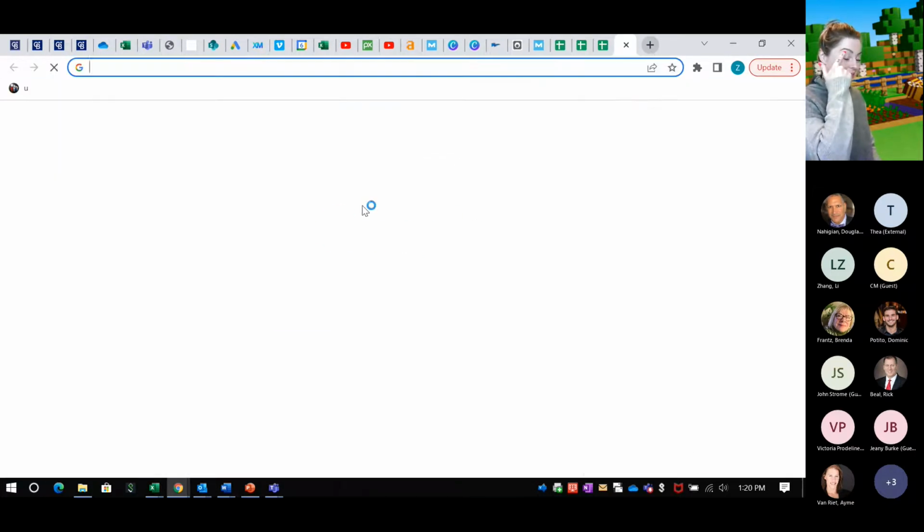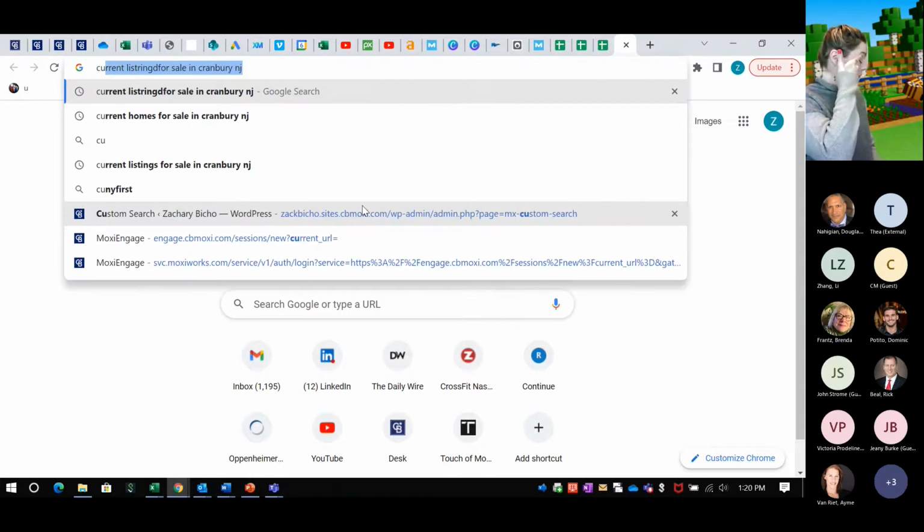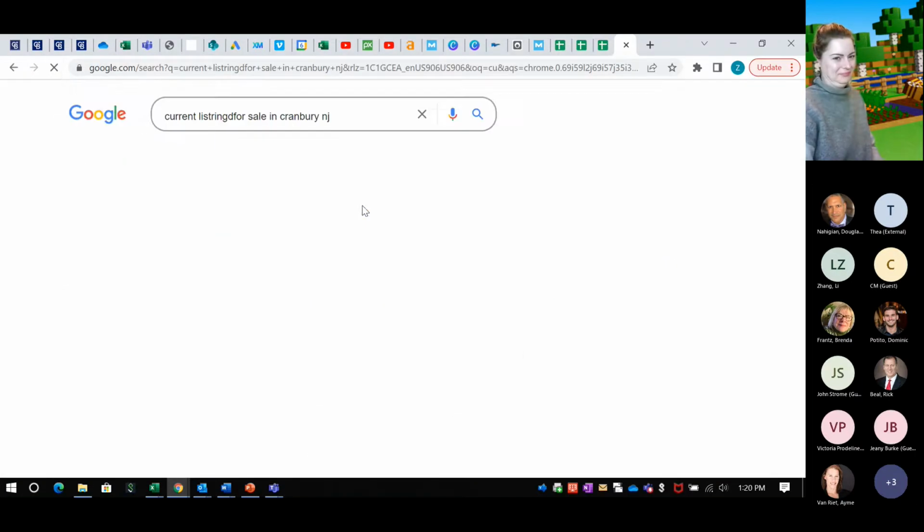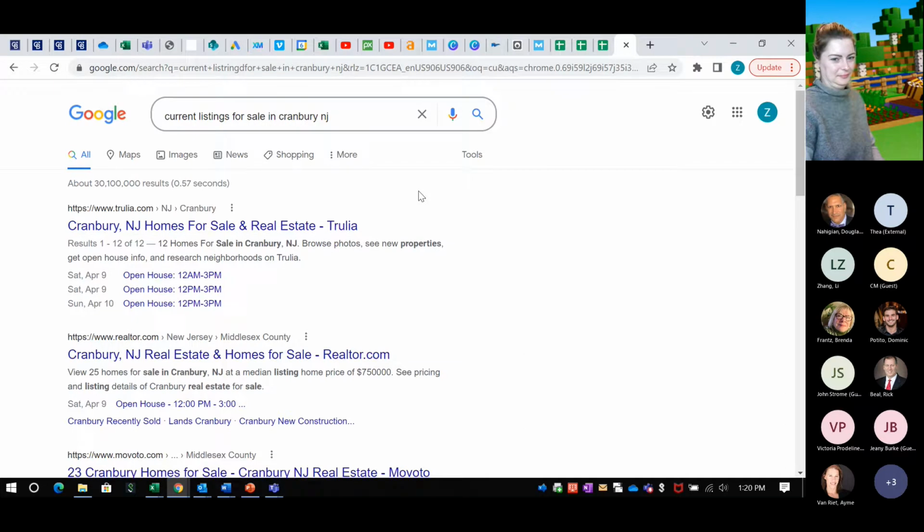So if I go to Google and I type in current listings for sale in Cranberry, New Jersey. You can type in anything to Google, but let's say that I'm looking for current listings for sale in Cranberry, New Jersey. When I go to Google, Google is what's known as a search engine. Along with Bing, Yahoo, those are all search engines. When anybody goes to Google and they type in whatever they're looking for, so in this case, I typed in this,